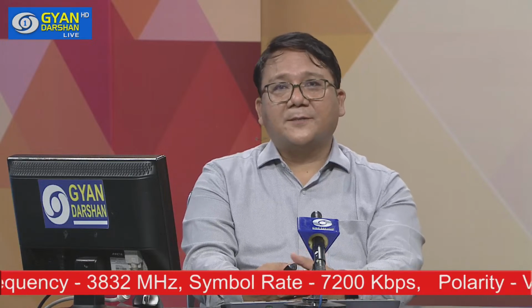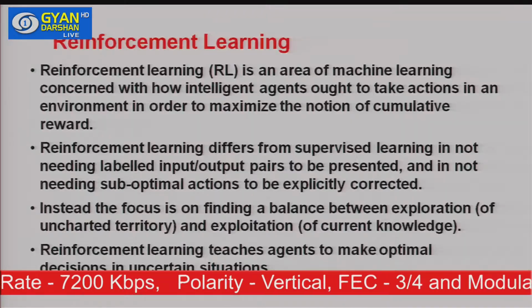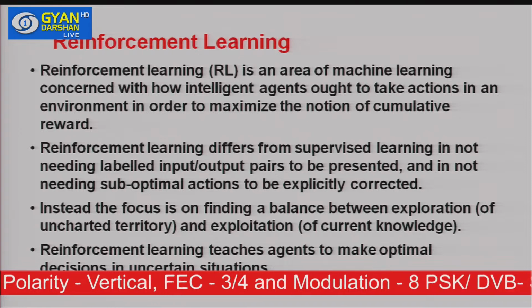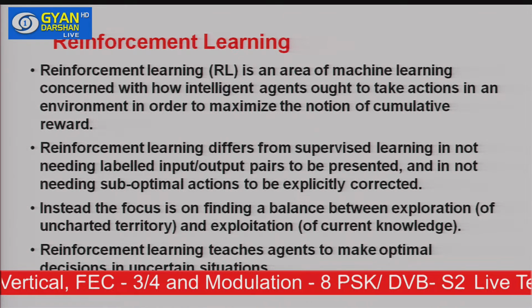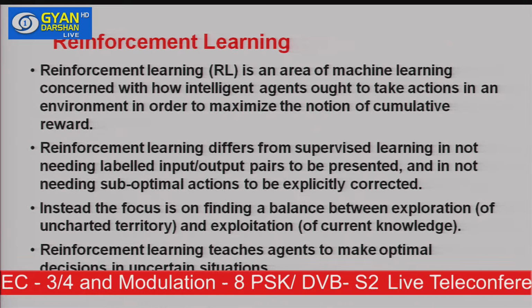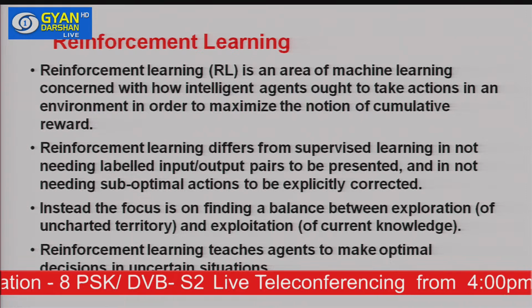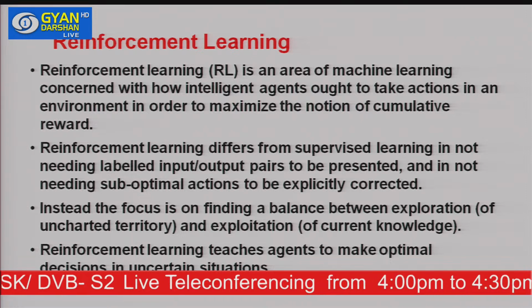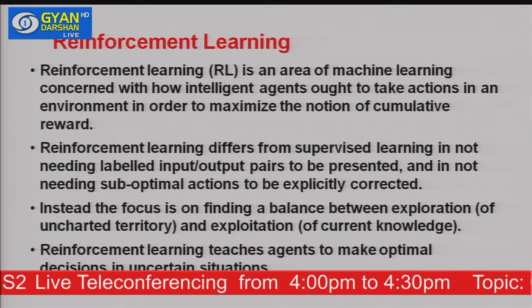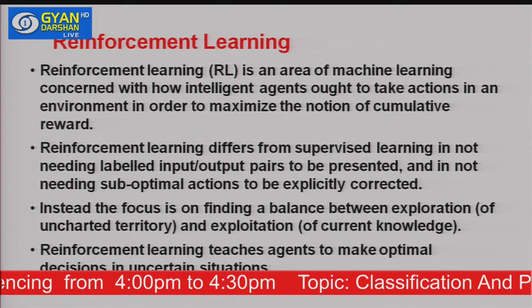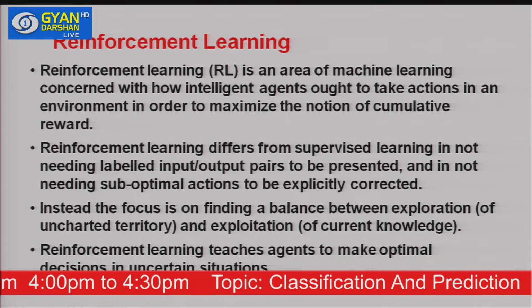Sometimes in literature, we also have a third type of learning, which is what we call reinforcement learning. In that case, what exactly happens is another area of machine learning, which is concerned with how intelligent agents ought to take action in the environment in order to maximize the notion of cumulative reward. So basically, what is happening here is your intelligent agents are trying to make some kind of decision where the